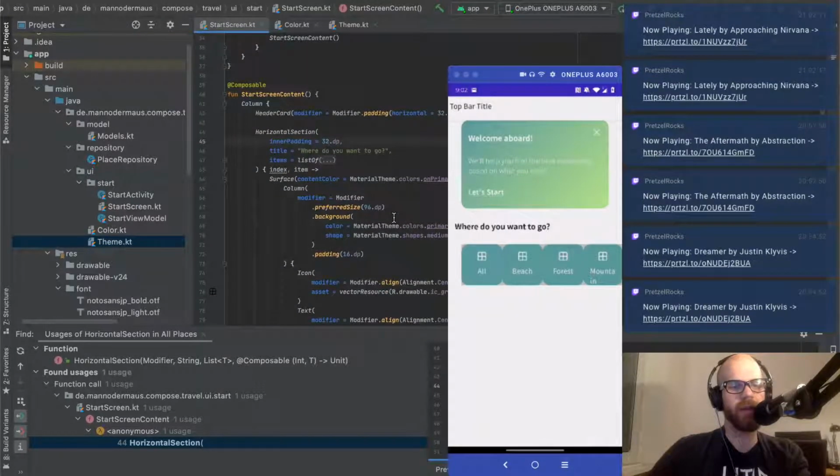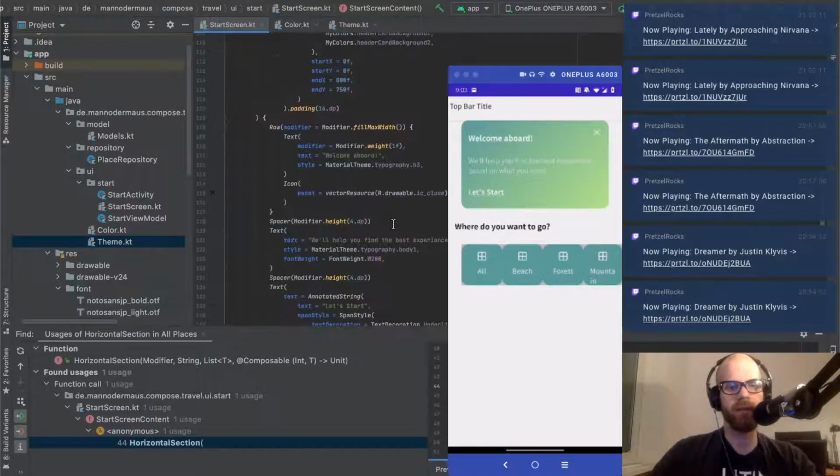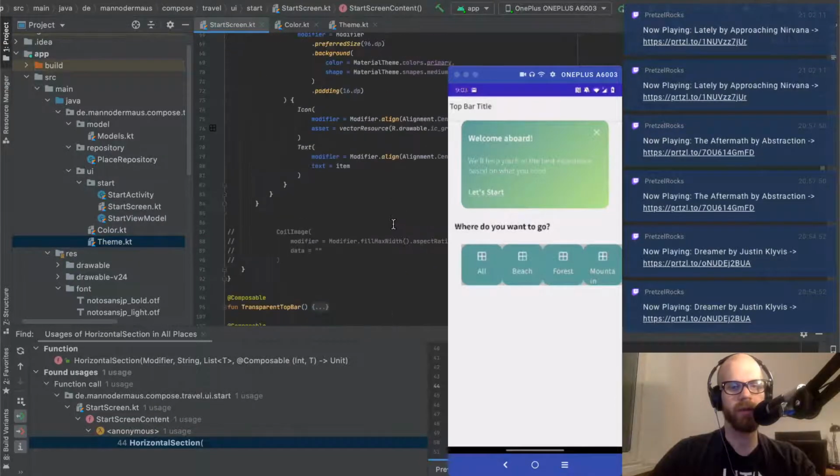Size is okay, content color works. The in-between padding is a bit annoying. Oh, and the fact that mountain doesn't fit in one line. Okay, I want to make this scrollable now, and I think that I'm done. Let's go